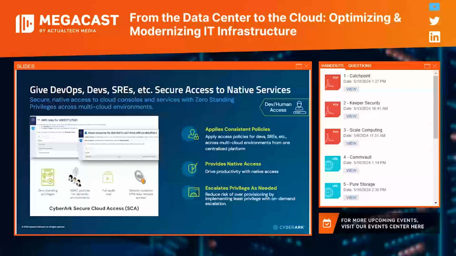So when we're giving folks access to native services, everything that we're going to do is going to be policy-based. Whether we want to allow somebody to assume a role in the cloud, or we want to give them access to a system that's being spun up in the cloud, even if that system hasn't been created yet from a compute perspective, we are going to do that based on policy. We're going to do that based on attributes as well. So maybe I want this person to be able to assume a role in Azure, such as the Azure AD Administrator or Azure Global Administrator. Well, we can allow them that just in time. We're going to record everything that they do, and we can even prevent certain things from taking place in the